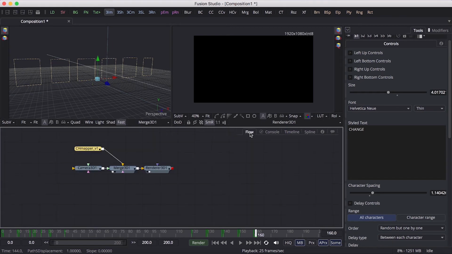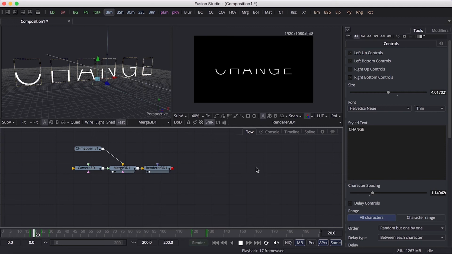Okay. Now we have the animation folding in and folding out.